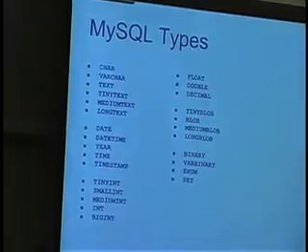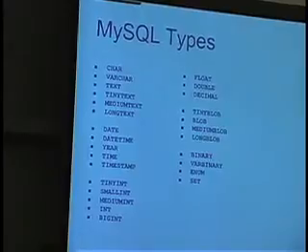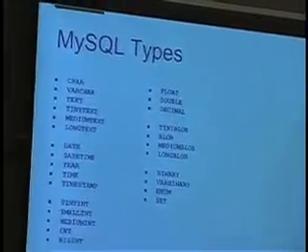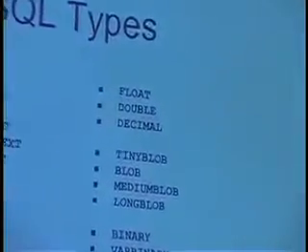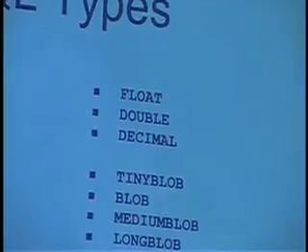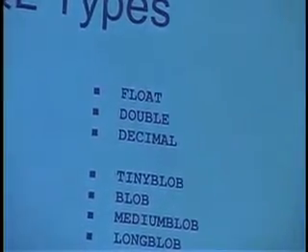Okay, these are probably familiar from various languages. They all mean different things. They go from small numbers to big numbers. At the top there, we have a few different floating point values. The one I'll make mention of here is decimal. It's actually really nice. It's a data format that's a floating point value, but it allows you to specify how many numbers to the left of the decimal you want to allow and how many to the right,